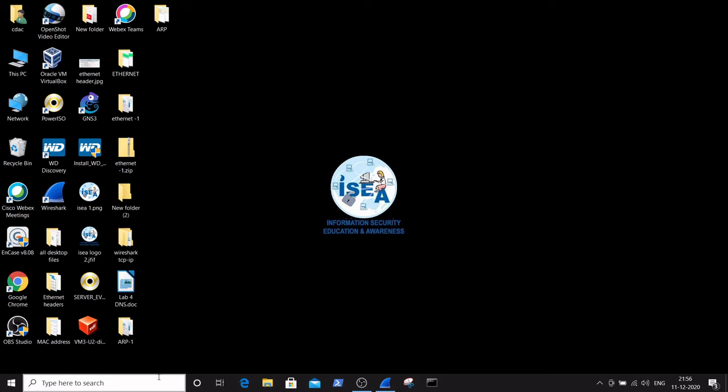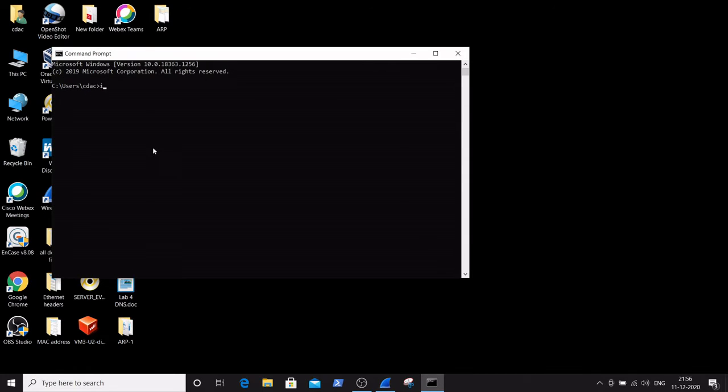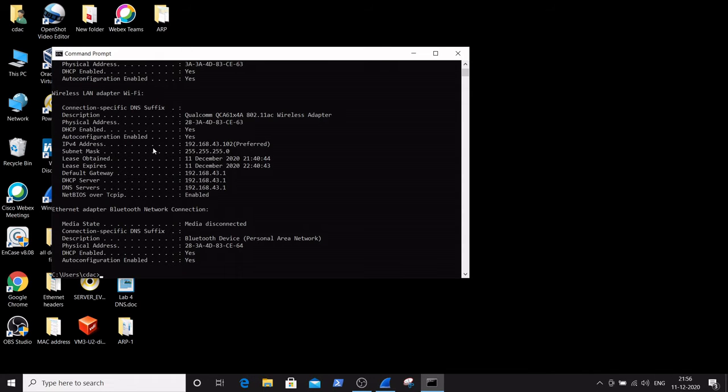For this, firstly we need to go to the start button and type CMD to open the command prompt. Click on command prompt and type ipconfig /all. Then click on enter. You can see here the information obtained by typing ipconfig /all.